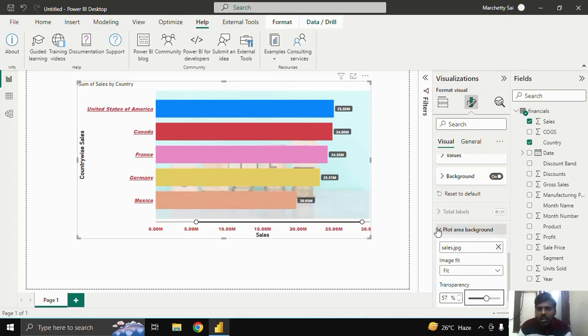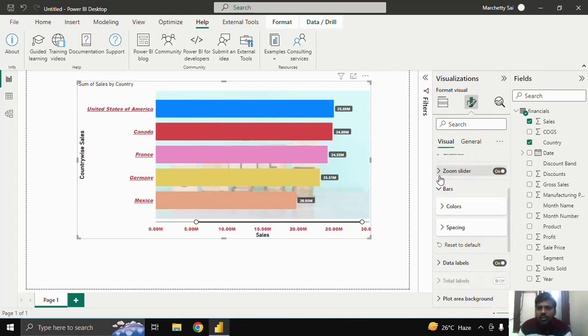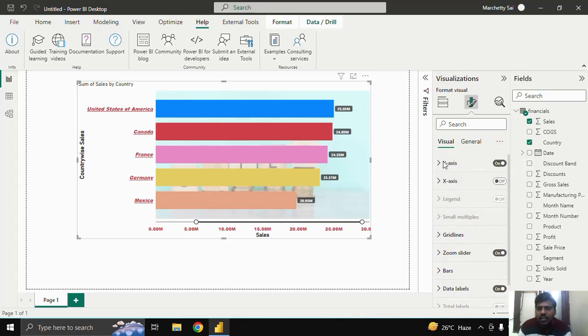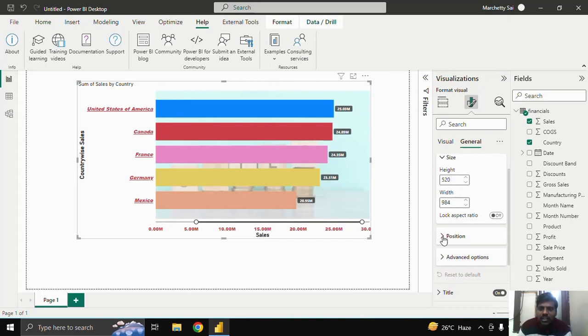So this is the plot area background, and these are a few basic formatting things with respect to the bar chart. Let us go to the formatting with respect to the visual. Let us go to general. In properties, we have this size and position. With respect to the position of it,